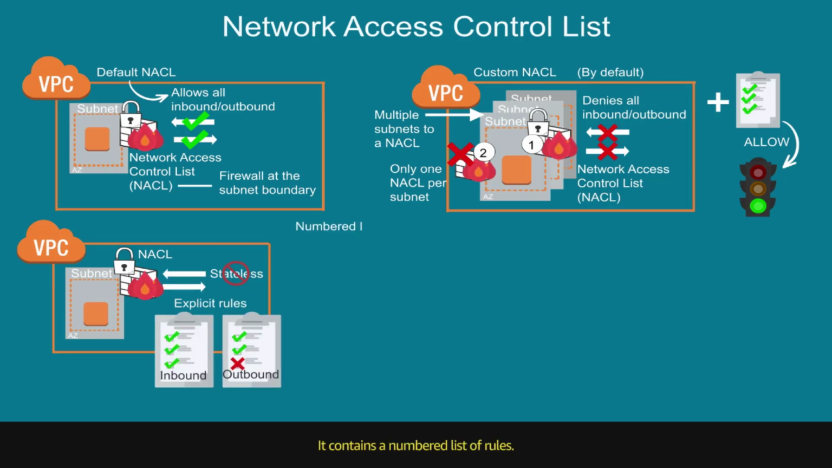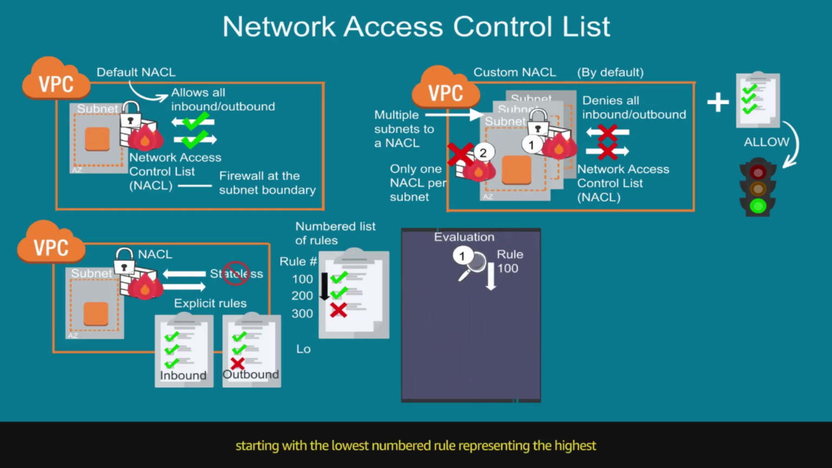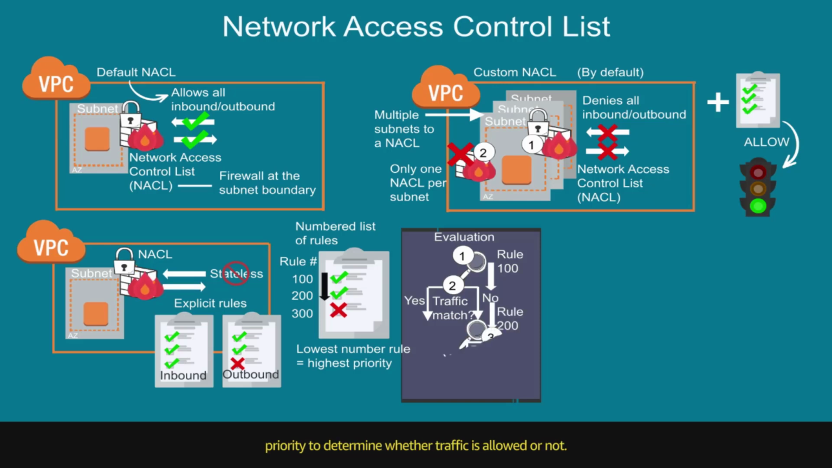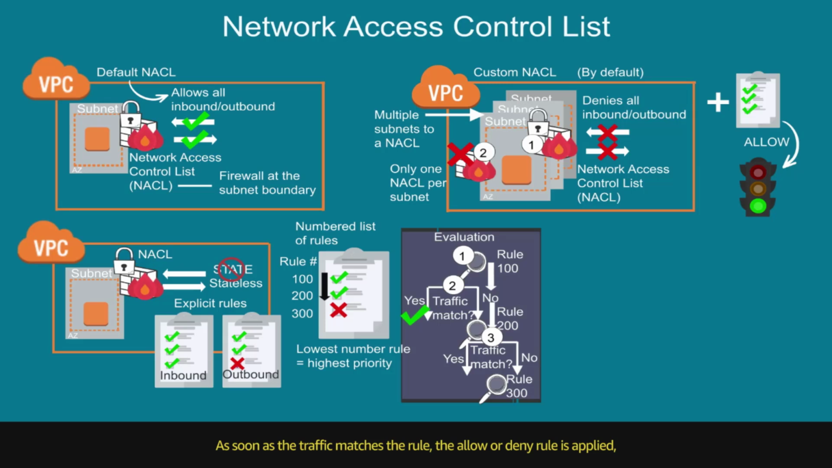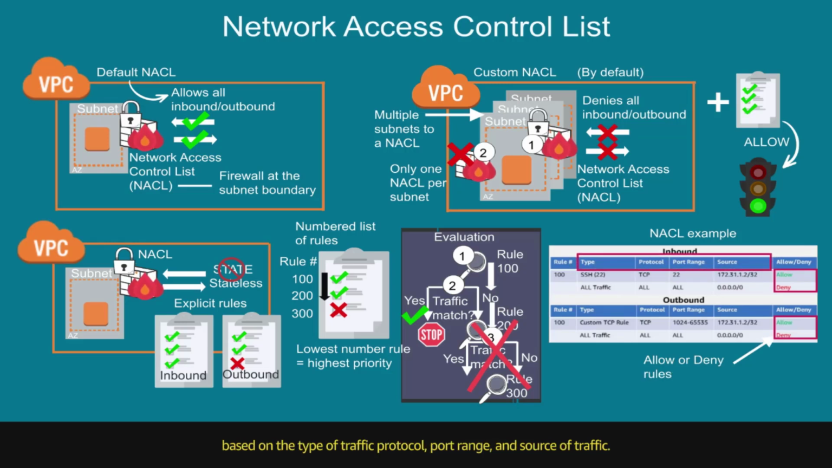It contains a numbered list of rules. Rules are evaluated in order, starting with the lowest numbered rule, representing the highest priority, to determine whether traffic is allowed or not. As soon as the traffic matches the rule, the allow or deny rule is applied, and evaluation ends. You can configure allow or deny rules to restrict traffic, based on the type of traffic, protocol, port range